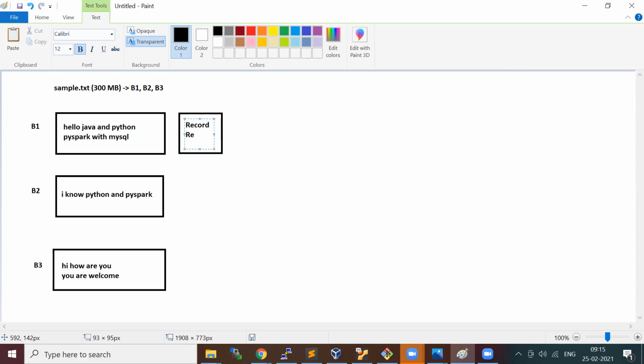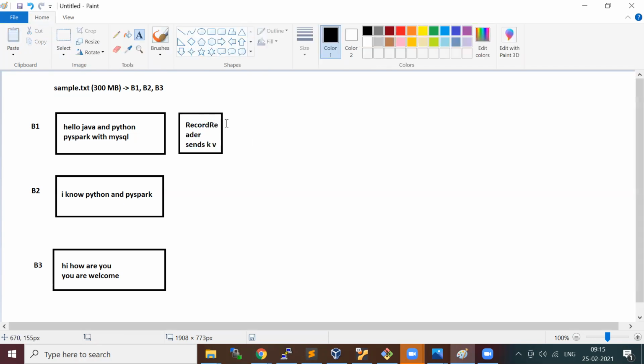The record reader sends key value pairs, I'll just say kv. So this block will be read, and this block also will be read.